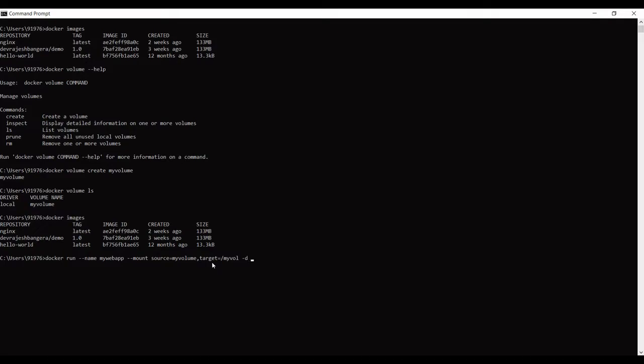And finally I also want to publish a port, that is 80 of my localhost and 80 of the container. Proceed with the image name. So this is the basic command to run an image. You can refer to my earlier videos if you are not sure about this command. So I will go ahead and press enter.